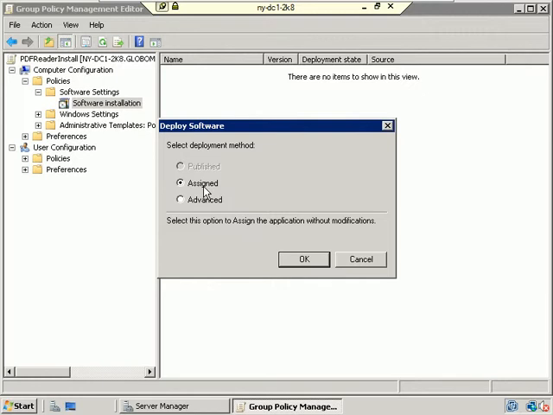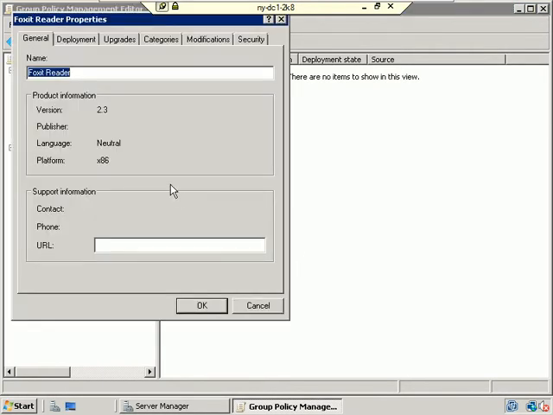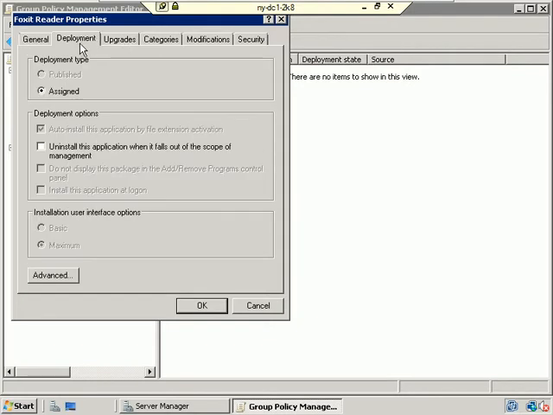Now we are going to assign this package. We're going to have it automatically installed when the client machines restart. Now we're going to go into advanced. I want to show you some very cool things that this can do. So we'll go into advanced. I'm going to tell it OK. Now here's the deal. Not only can you actually install the software, but you can also uninstall the software from here. And you can also upgrade the software from here,